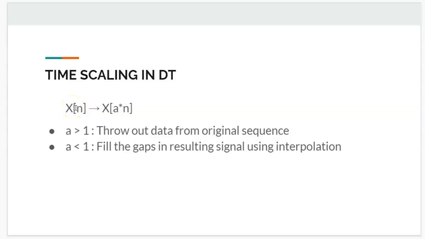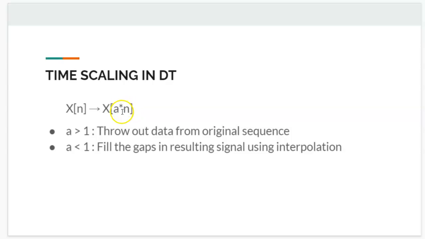It doesn't matter much. But in the case of discrete time, you have x of n goes to x of a n. So given the initial sequence x of n, you have to form a new sequence x of a n. We get that by transforming this somehow. The difference here is, let's say a is greater than 1, let's say it's 2n. If they give a time sequence for x of n, you have to form x of 2n. So let's define a new time sequence phi of n, which is equal to x of 2n.